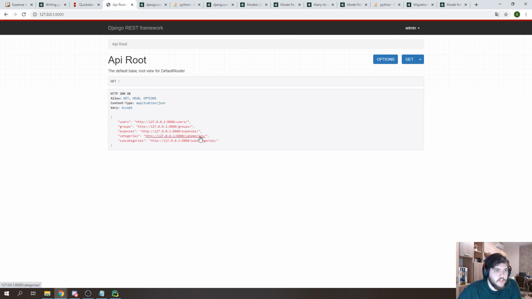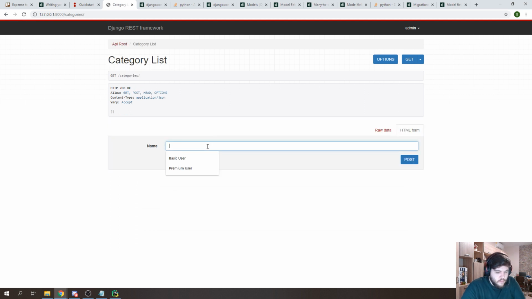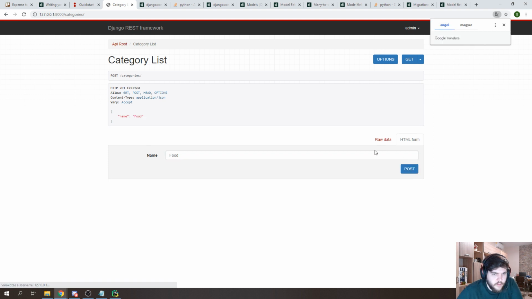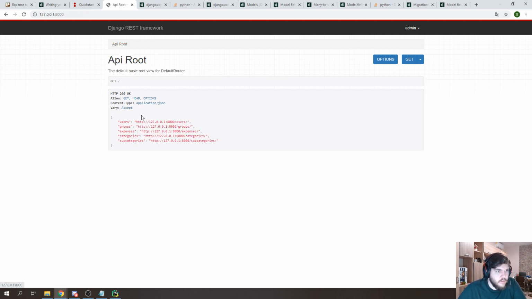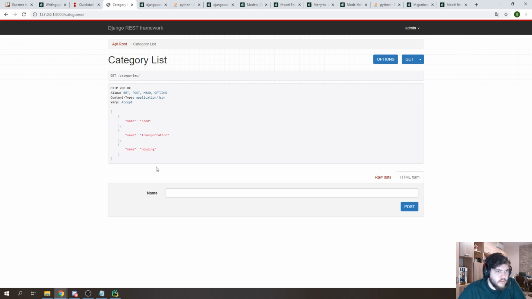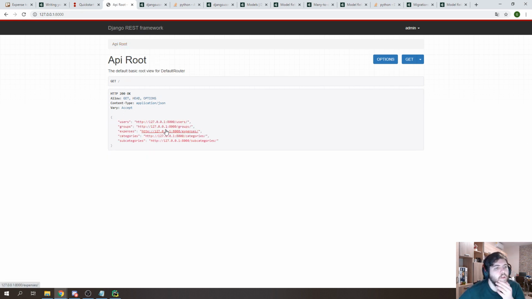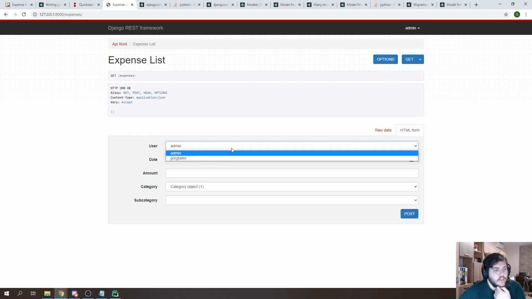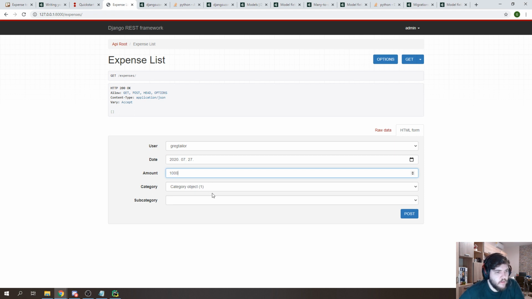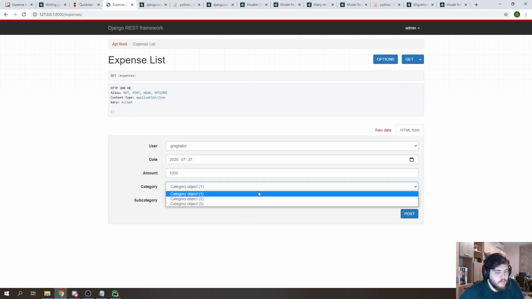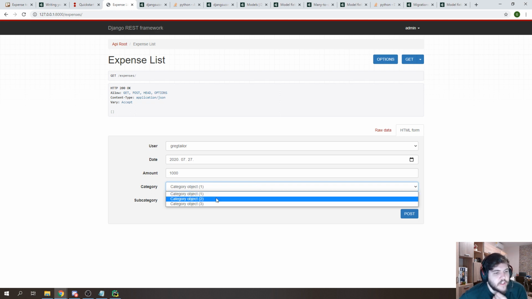And at first let's create a category here. So let's just create food for a category, and what else? Transportation. Okay, that's another one. Add another one. Housing. That's enough. So if you want to check our categories, they are here. And let's add an expense. So today's date should be fine, and 1,000, and oh boy, this does not seem good,